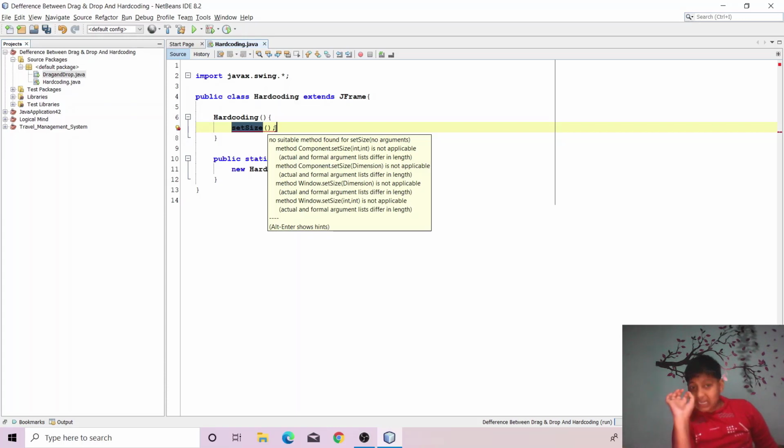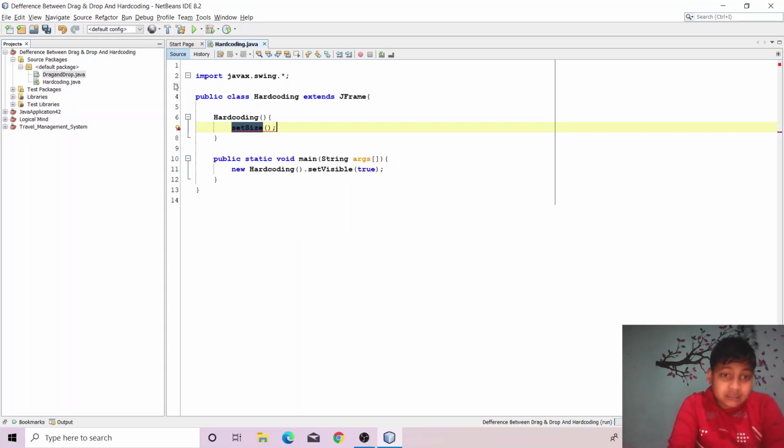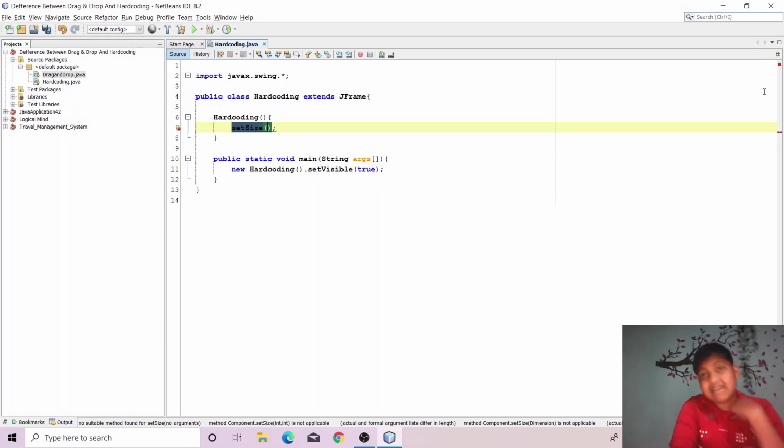As a full stop we write a dot, a simple dot. But in Java, full stop we write as a semicolon. All these things I will tell you. So why I'm repeating, I don't know.